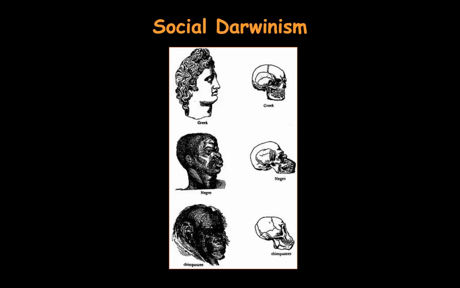Here's a bit about the social Darwinism thing. There was a science at the time. It had been around for a little while called phrenology. When I say science, I say that mockingly because it is nothing like a science. It is more of an ideology of racists, okay? And so there's the idea that the Greek descendants, the people descended from the Greeks or basically Europeans, have this skull shape, and for whatever reason, this skull shape has created people that are smart and intelligent and can create philosophies and European ideologies.